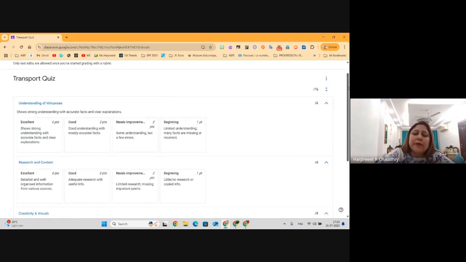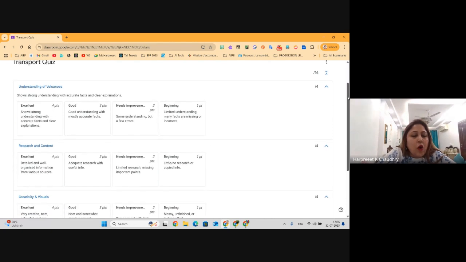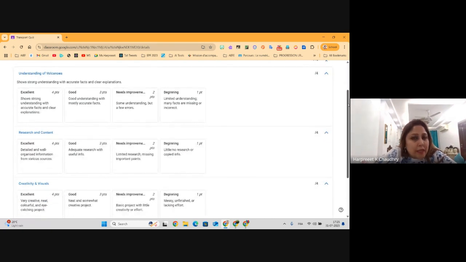And this was not a pre-made template. I had generated it on my own. Again, to make your work easy, use Gemini. Give it the right prompt, and it will generate nice rubrics for you based on your requirement. You can give it the competency that you want, and it will generate it. You can ask it to generate the grading. You can ask it to generate your prompts for description of each of the heads under the